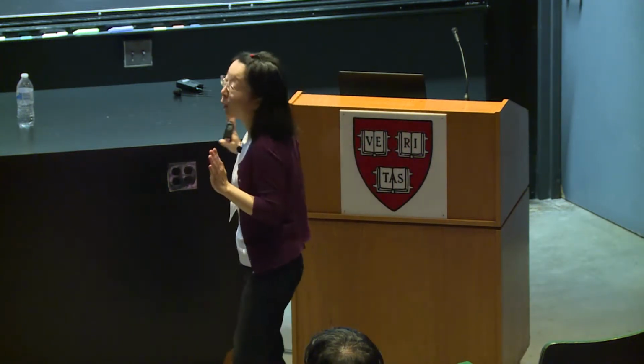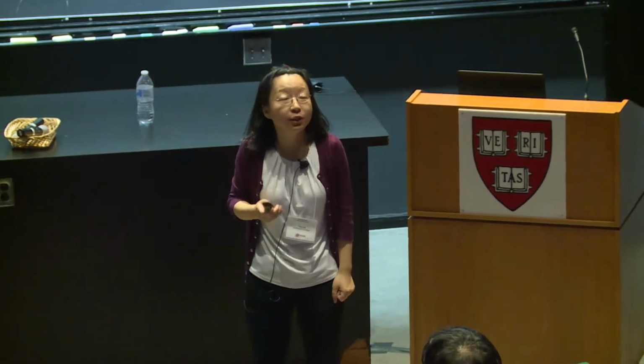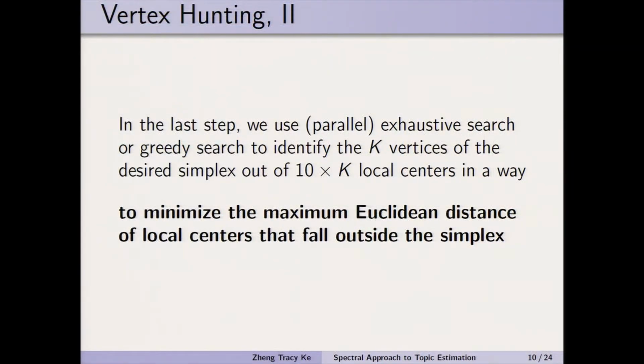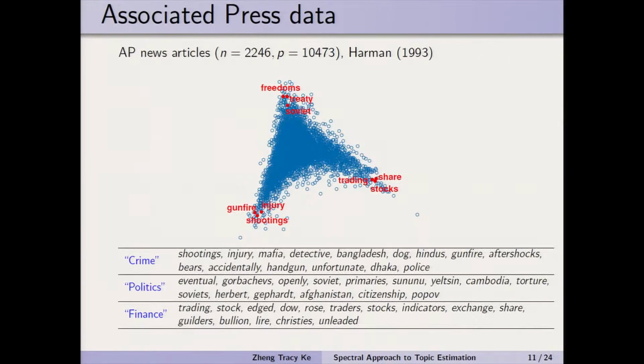Okay, I hope there are no questions for this method. Now I will show you how our method performs. We implemented our method on the 2 real data sets introduced at the very beginning. For the Associated Press data, by choosing k equals 3, our method estimated 3 topics. And this is a list of anchor words for each of the 3 topics. We can see that these words are very meaningful.